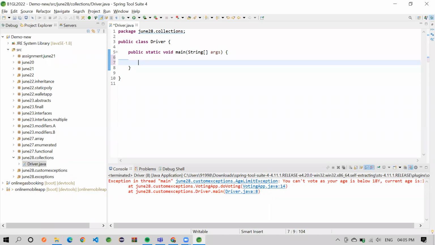Now let's try to create one reference variable of List. This particular interface List is generic, so I can create a list of a specific data type. That generic data type we specify in angle brackets like this. What is the list data type? Let's say I want to store integer values. I'll call it intList, which is equal to